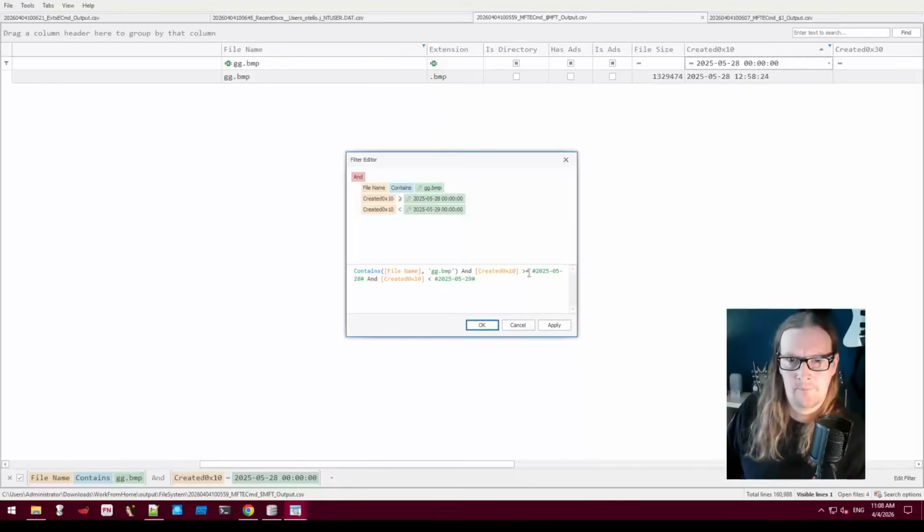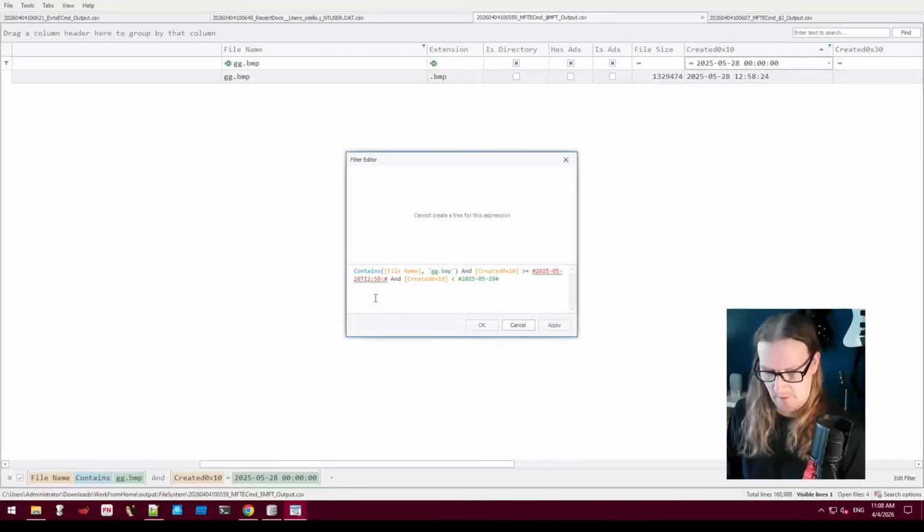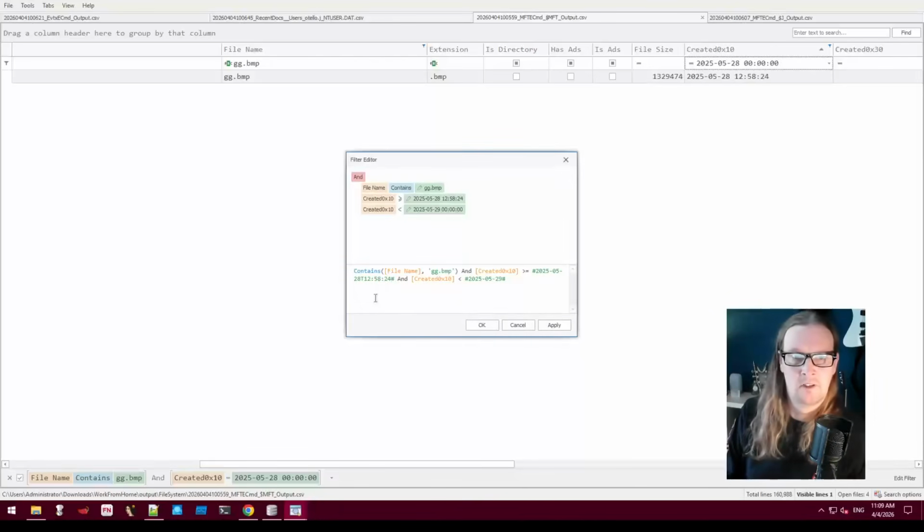What's going on here? 12:58:24 I said, wasn't it? Okay, so let's do that. That should give us anything created around that time. But we'll remove the GG. We just want to look at all files